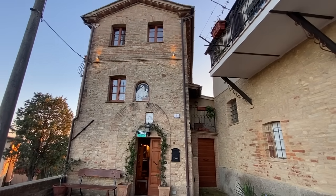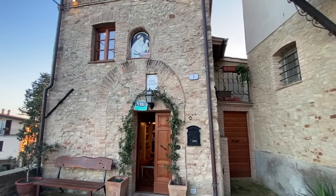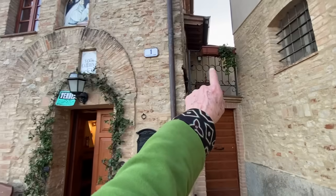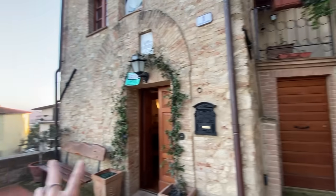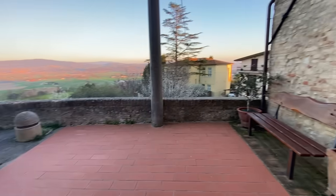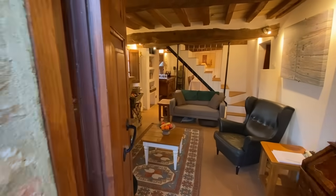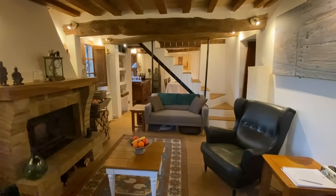This is a really cute property. It might have been a little church. It's called Santa Caterina, and it has another entrance over there from that side. Here you can sit outside on this terrace in front of the house on a little bench. And the house was a ruin when the people bought it 20 years ago, and they turned it into a